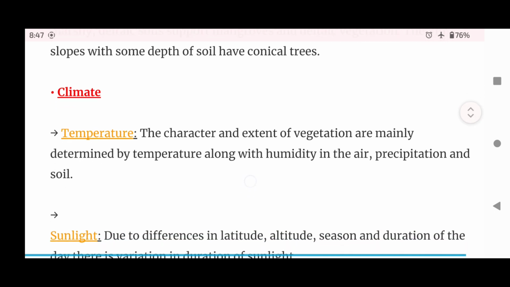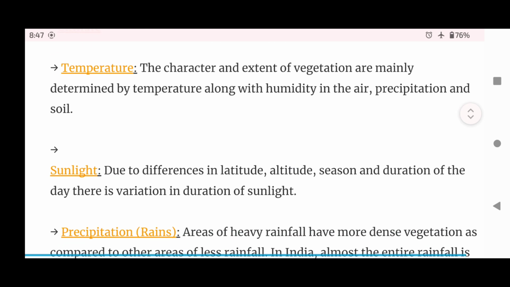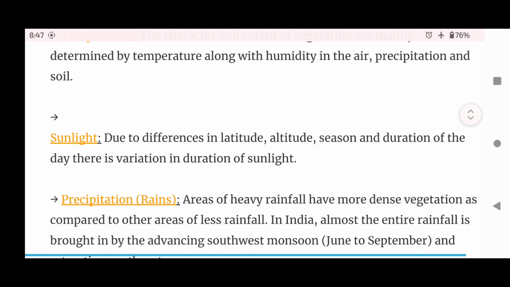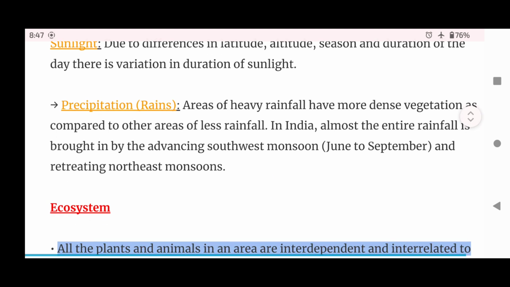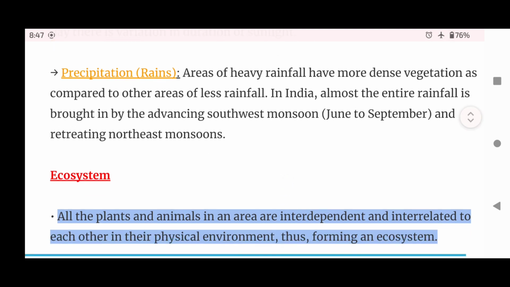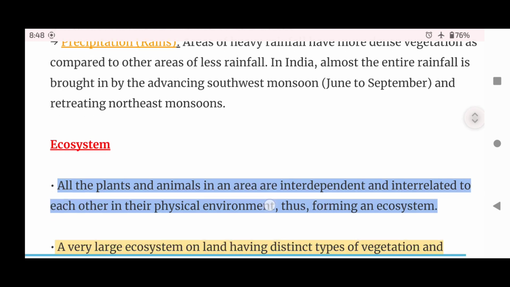Climate. Temperature. The character and extent of vegetation are mainly determined by the temperature along with humidity in the air, precipitation and soil. Sunlight. Due to differences in latitude, altitude, season and duration of the day, there is a variation in duration of sunlight. Precipitation, that is rains. Areas of heavy rainfall have more dense vegetation as compared to other areas of less rainfall. In India, almost the entire rainfall is brought in by the advancing southwest monsoon, June to September, and retreating northeast